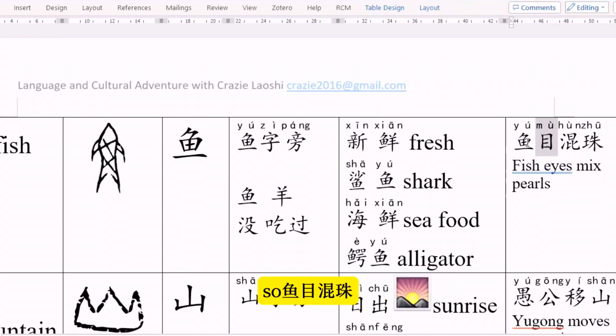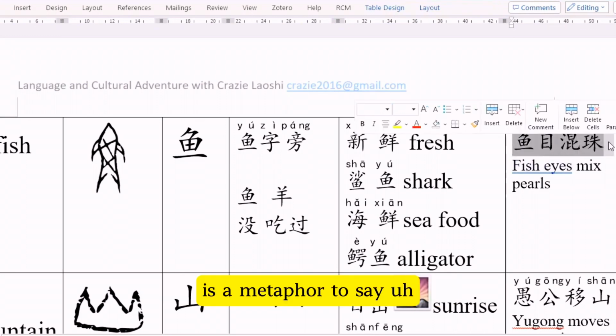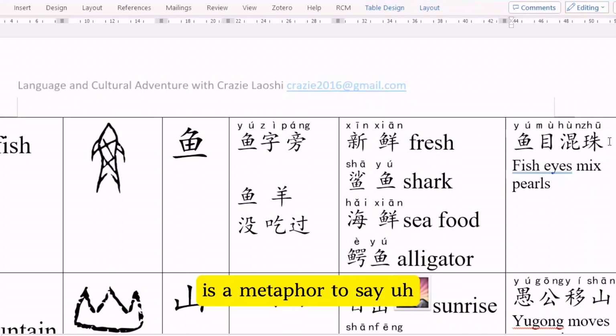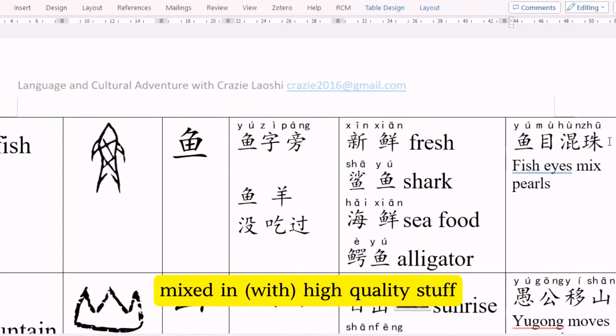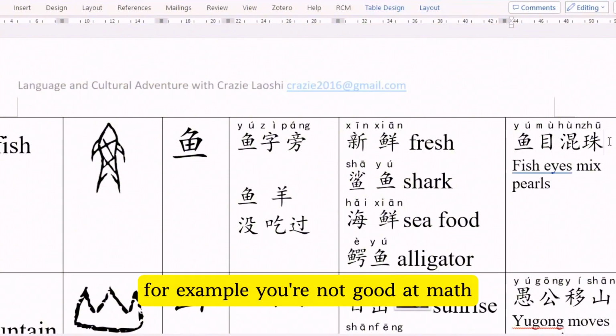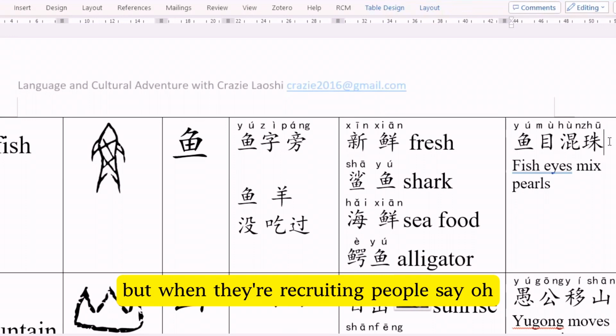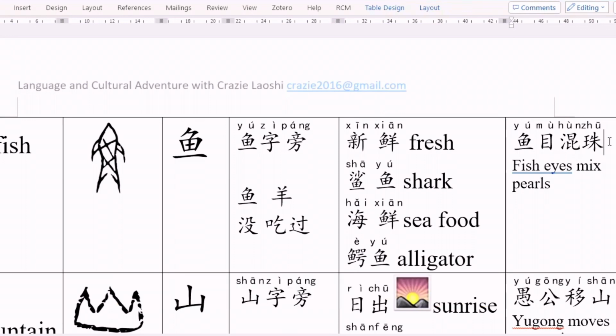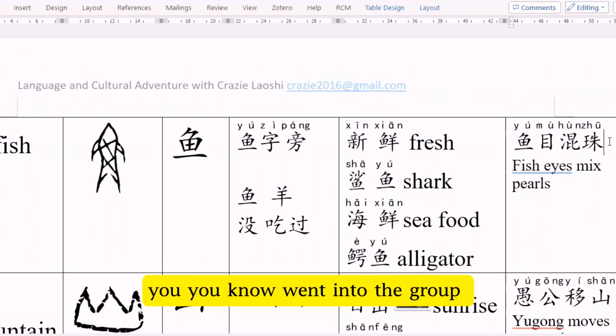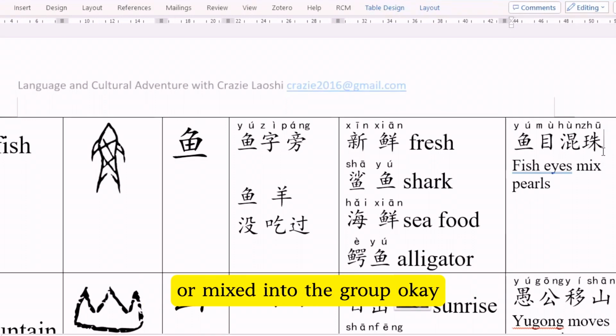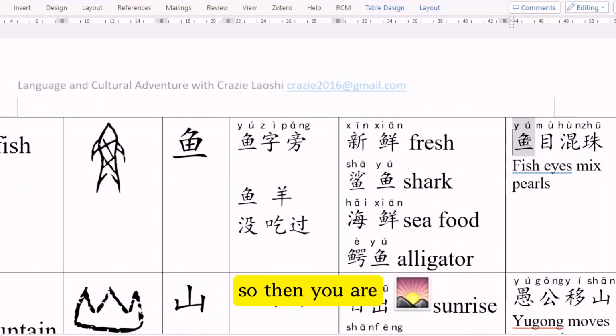So 鱼目混珠 is a metaphor to say there are inferior things mixed in with high quality stuff. For example, you're not good at math, but when they're recruiting people who are good at math, you went into the group, or mixed into the group. Then you are 鱼目混珠.